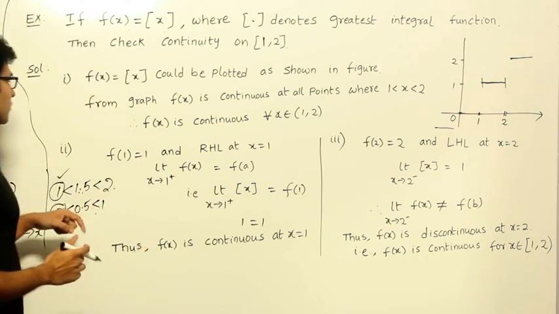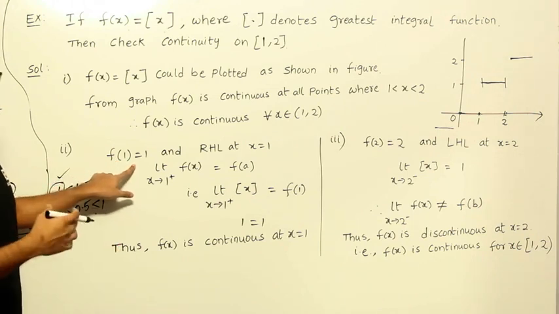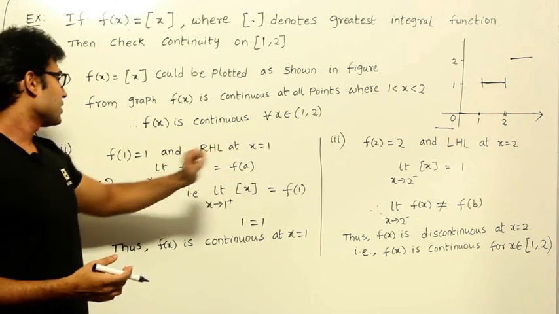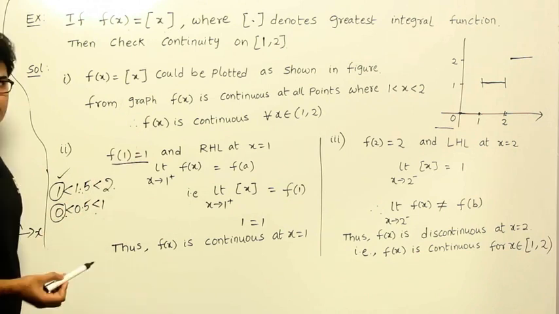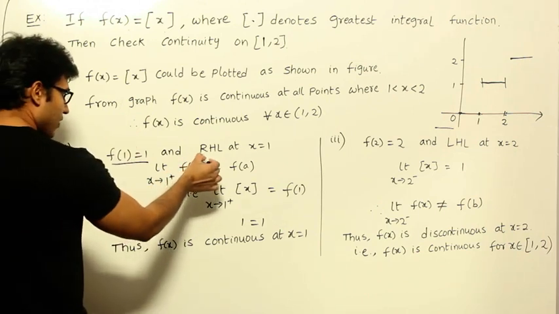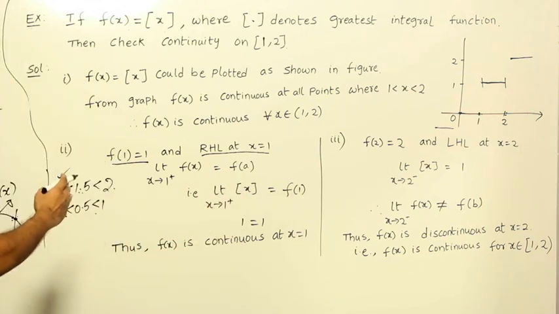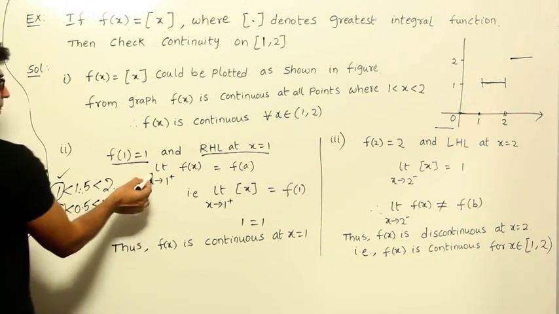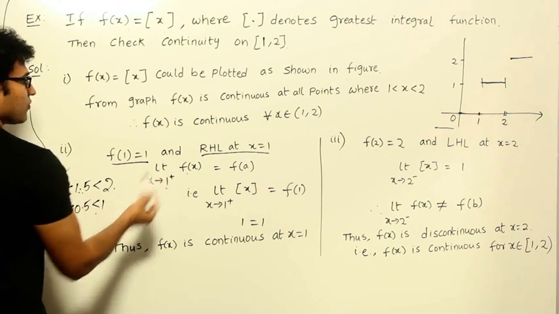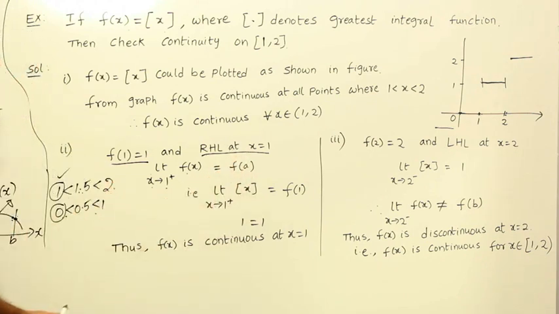Now what is condition 2? Condition 2 is nothing but we have to find out the right hand limit at the initial point, right? Now what is the right hand limit at a? See this. One thing is f of 1 equal to 1. From that we can see it. And the second thing is we have to find out the right hand limit at 1. So what right hand limit means is just move to a point slightly right of 1, which will be 1.00 something, right? Now when you move it, limit as x tends to 1 plus of f of x, you should find out, right? And if it is equal to f of a, then we can say that it is